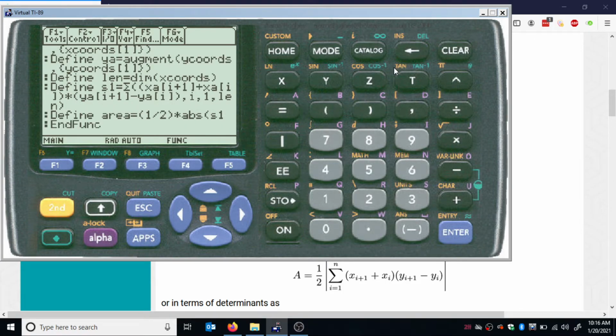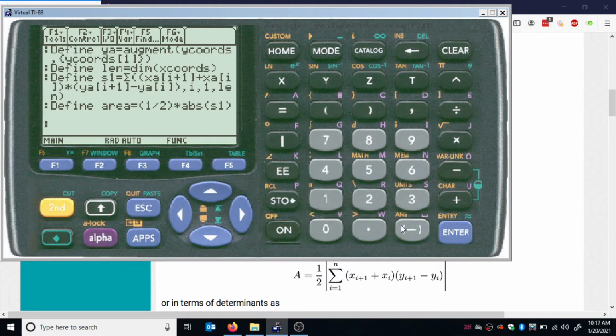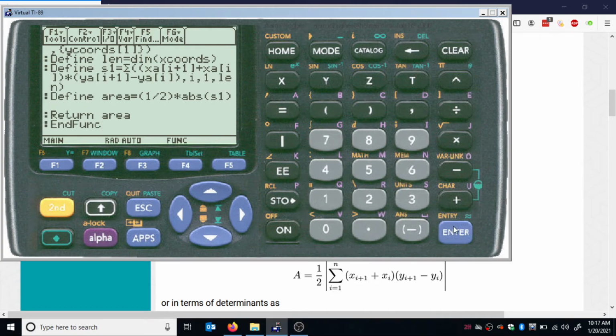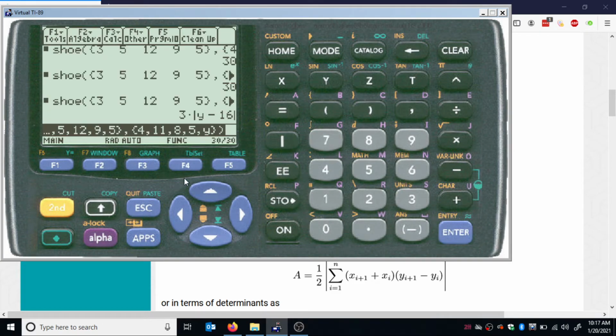I think I pressed the second key there by accident. Let's try that again. There we go. The absolute value times that sum. And then finally, we're going to press enter one more time, and I'm going to tell the calculator what value to return, which is the area. And then once we're done, all you have to do is press second quit, and we're back at our home